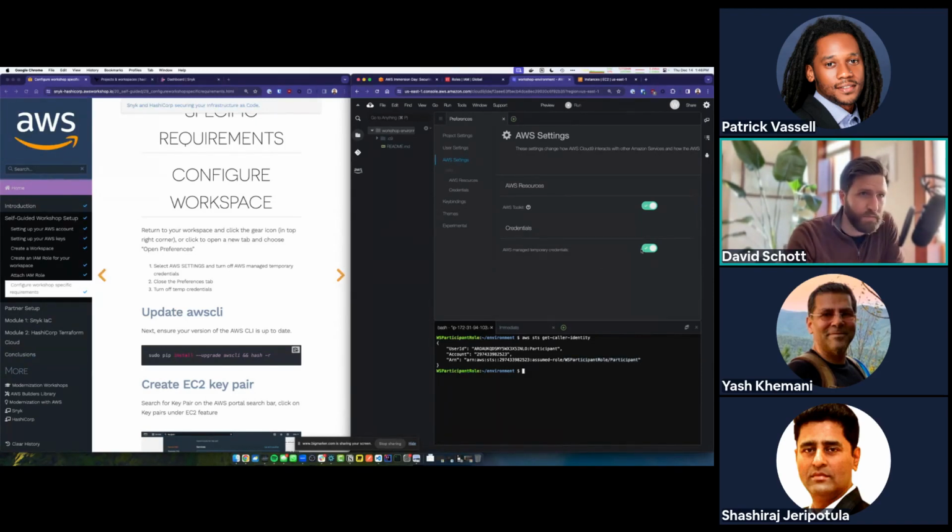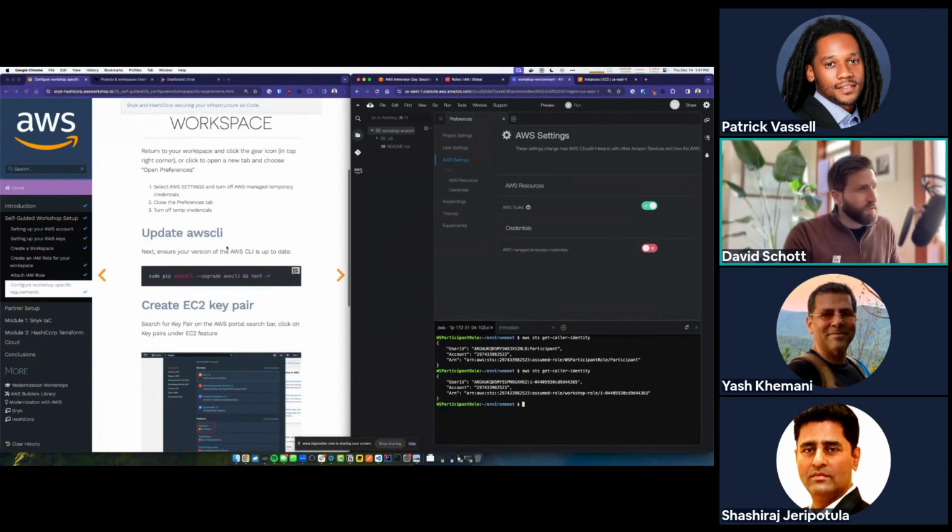So watch this. If we turn off this setting, this is what we're supposed to do. Turn off that temporary credential. And then if we run this command again, we can verify that our instance is now using the workshop role that we just created. And we know that the workshop role has admin access to AWS. So now everything we do in this command line is being done as an AWS admin. Simple.